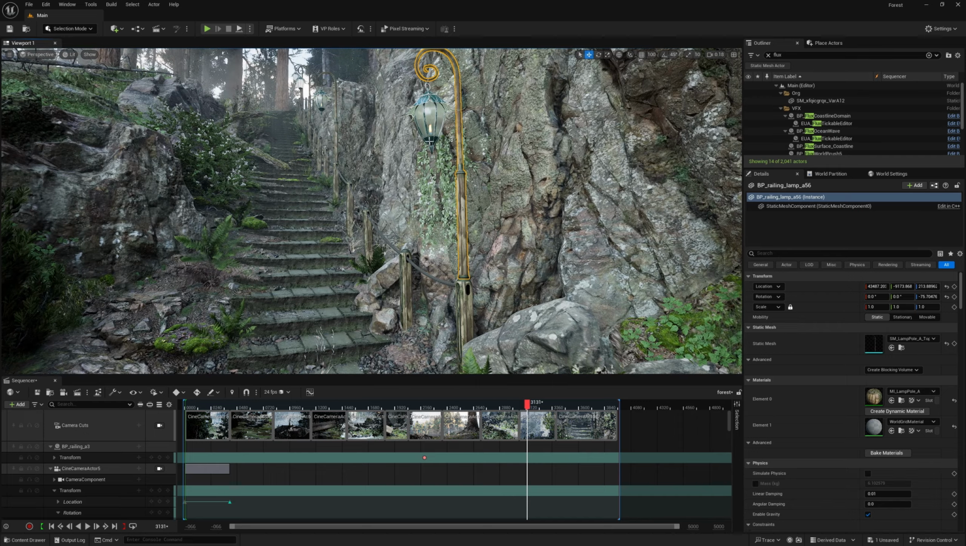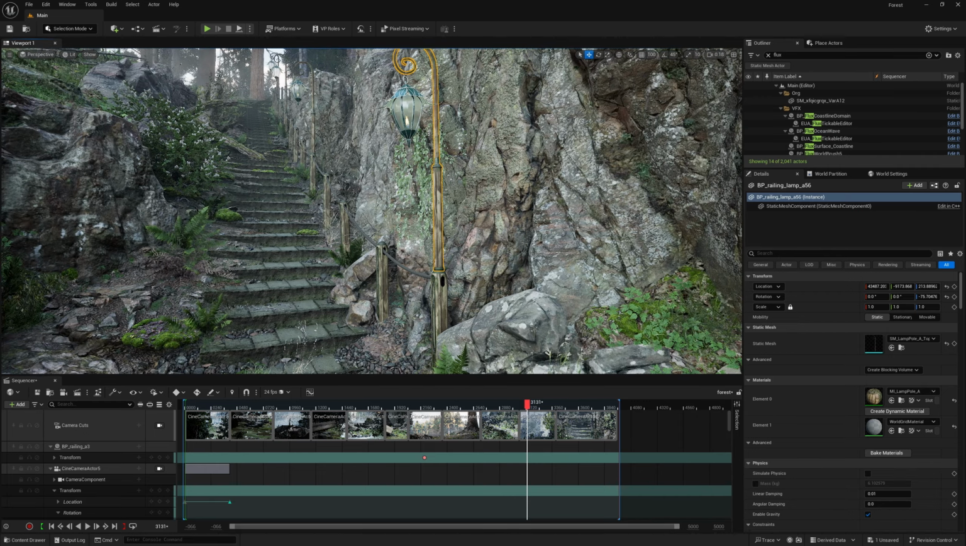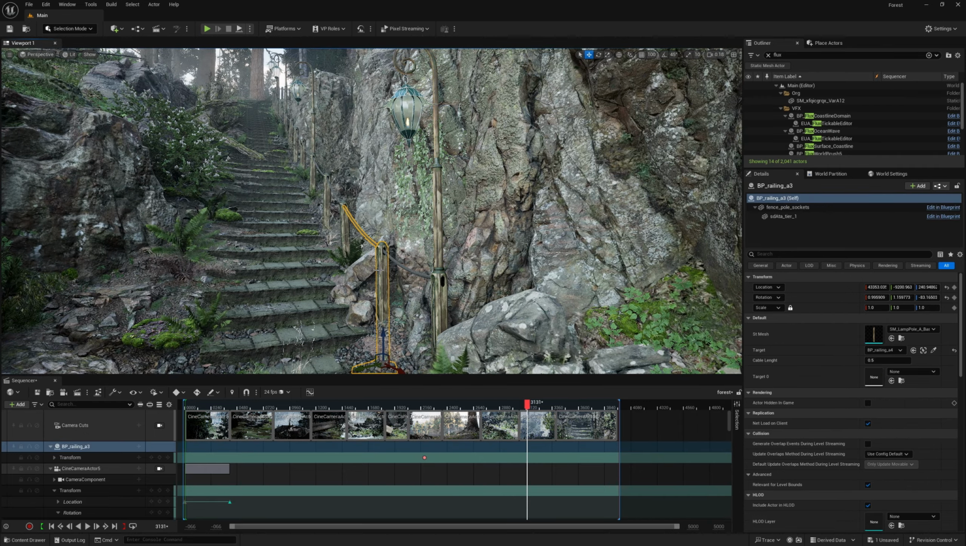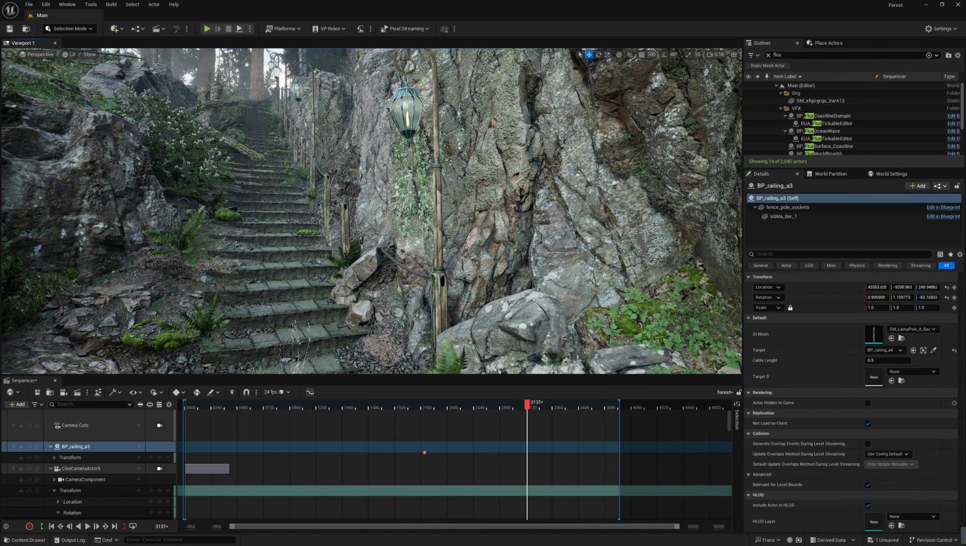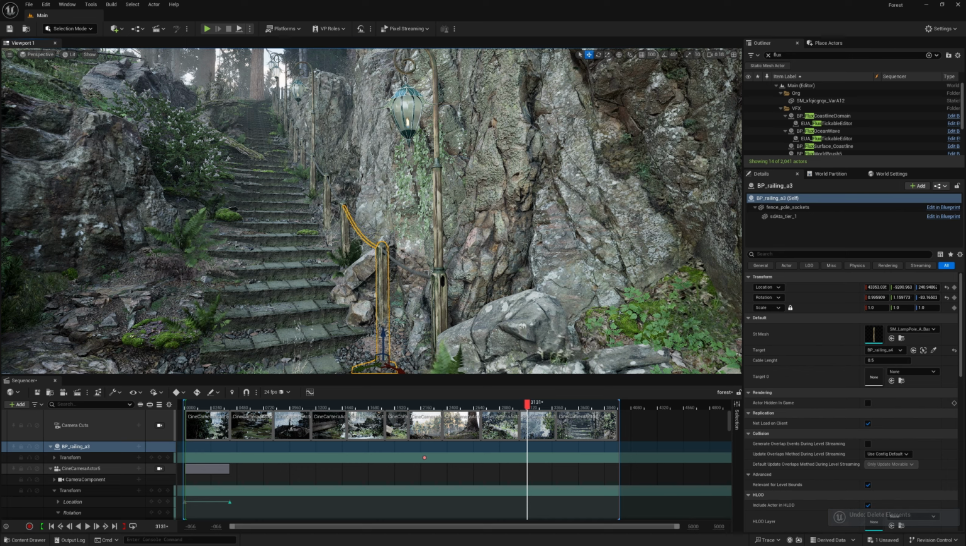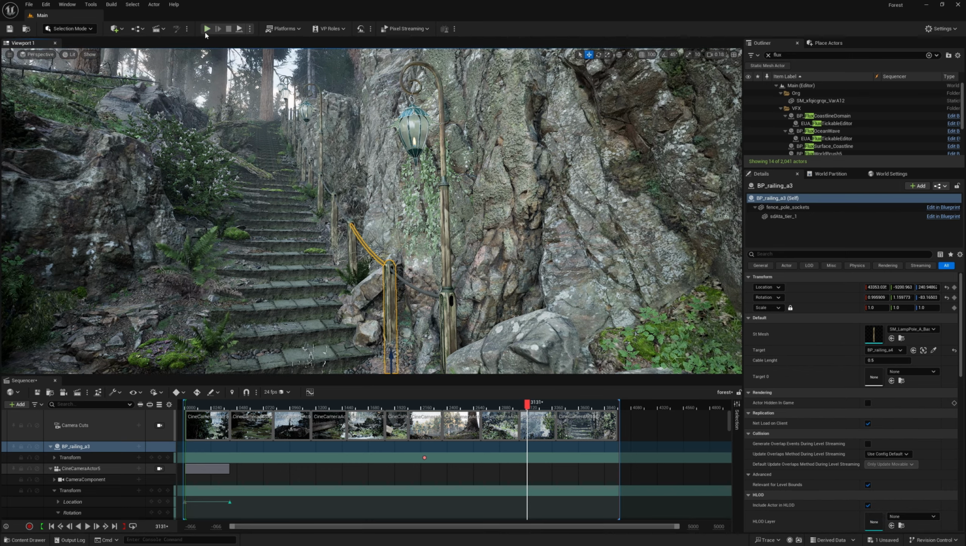Okay, the lamp and the rope, they're fully dynamic. So if I delete this one and undelete, it will automatically reconnect. And if I jump into the game,